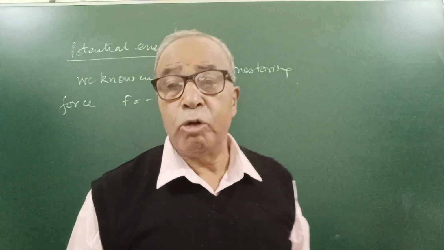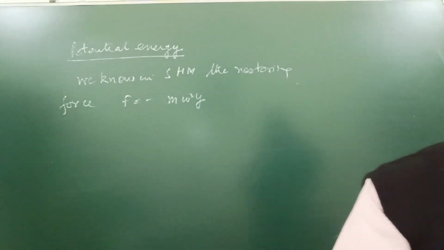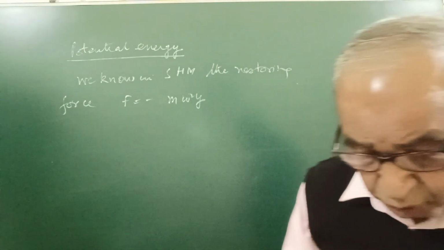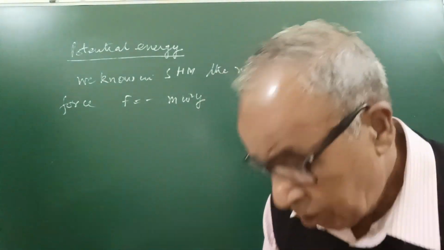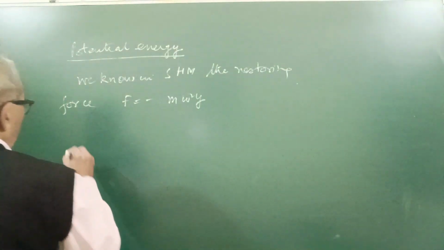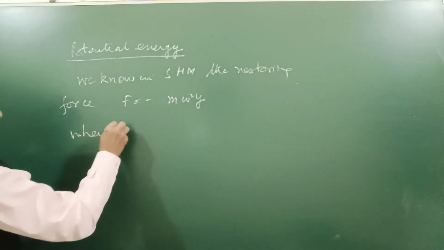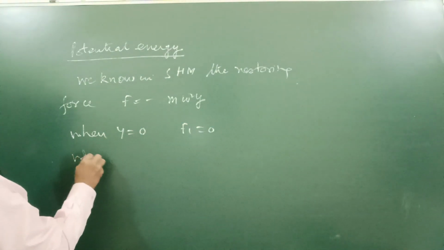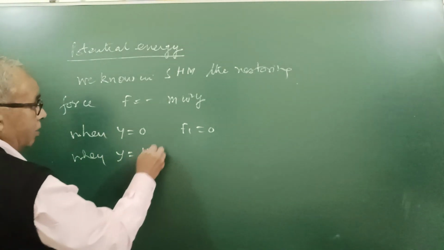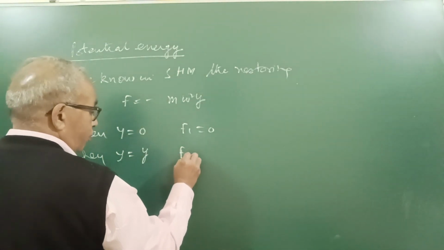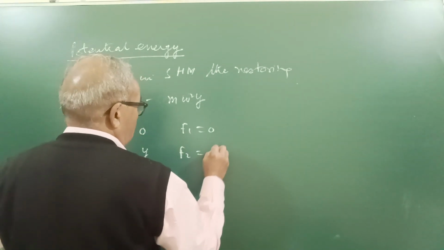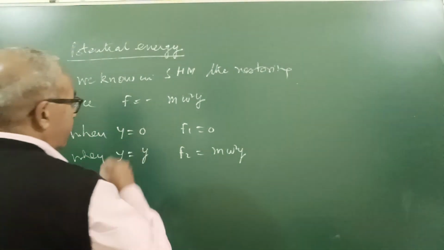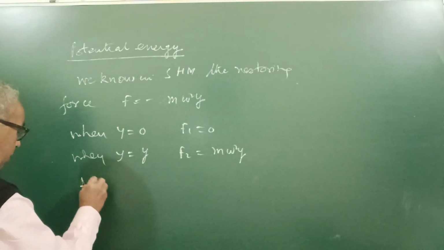So when we want to find out the work done against a variable force, there are different methods: we take average force, or we use the integration method. Now we can take here, when y equal to 0, force F1 equal to 0, and when y equal to some displacement y, F2 equal to m omega square y, I take the magnitude only here, so average force